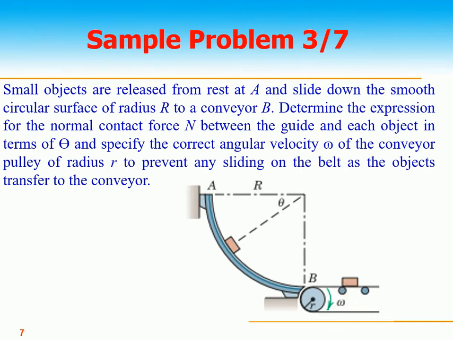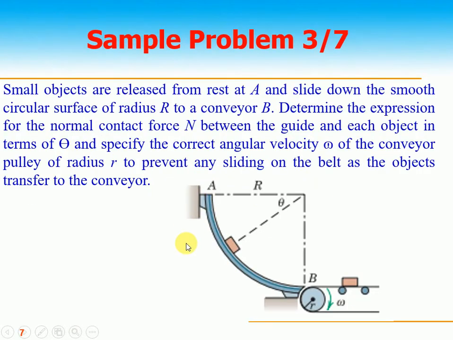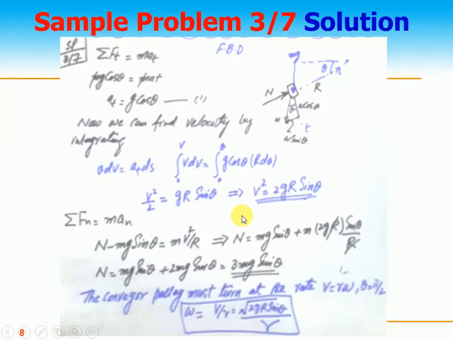We need to find the normal acceleration at any point. So the first job is to make the free body diagram, and then you can easily apply the formulae here. So dear students, if you see here, this is my body, this is my normal reaction, of course. This is the normal reaction in the vertical direction. Weight is downward, with components w cos theta and w sin theta. This is the radius of curvature, right?